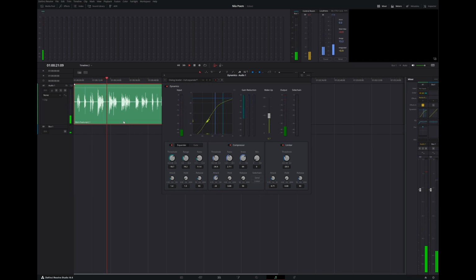So you can tell the audio level is much thicker than before. If I play it back without it,